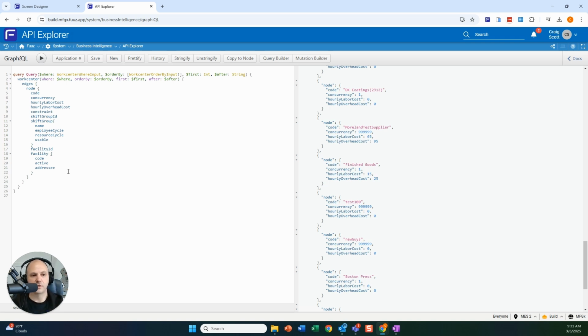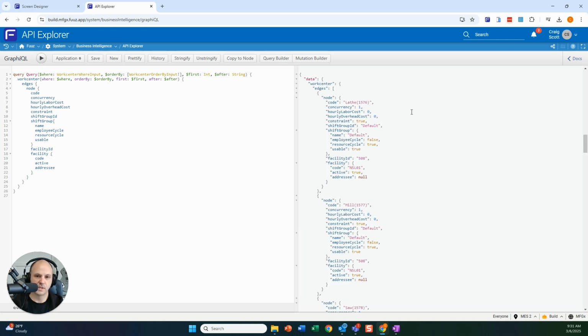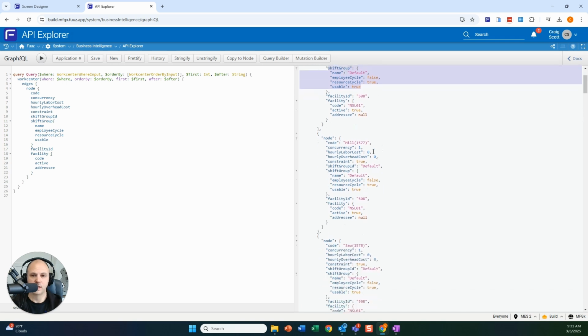What we do with our system is using GraphQL, I can now just add this into one central API, and I can run this, and let's see what happens. I'm going to get back in a single query, a single API call, that shift group ID, which is great, but I also get all the details of the shift group, right? So I can even go a bit further, and I happen to know that a shift group has shifts, right? So if I do that, now I can go to edges,